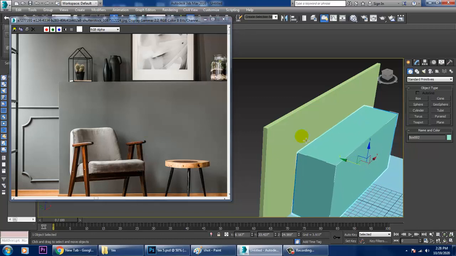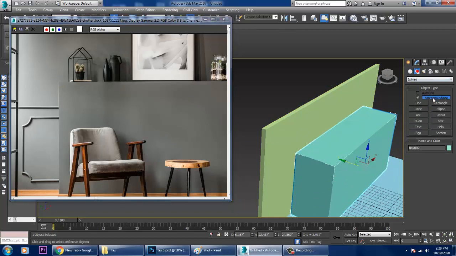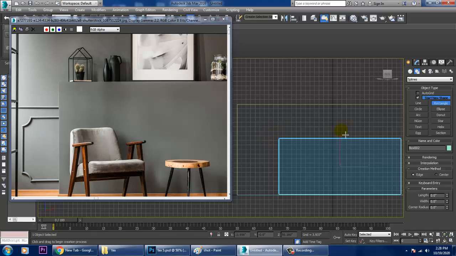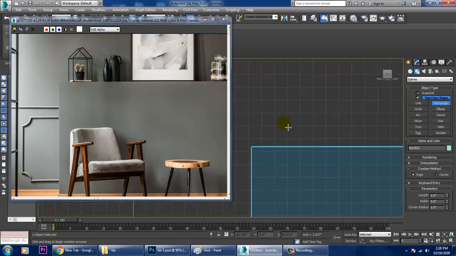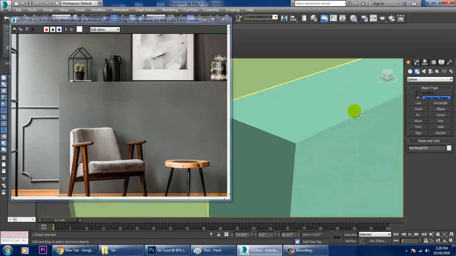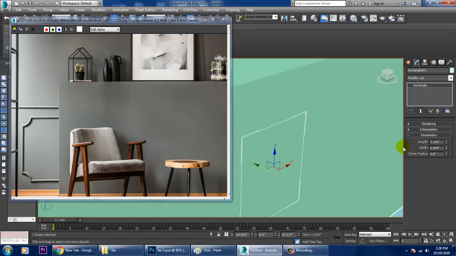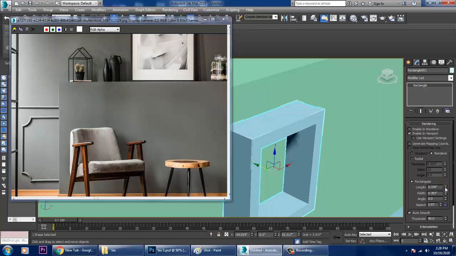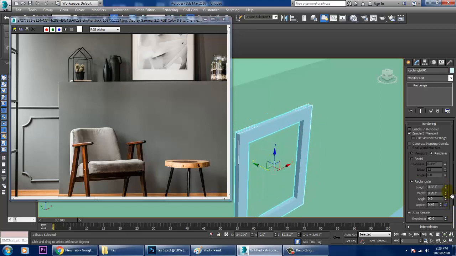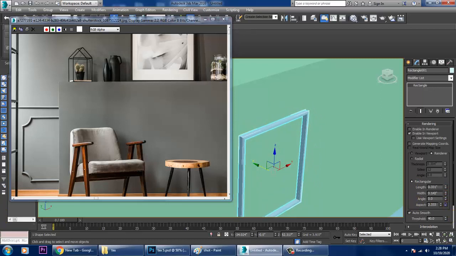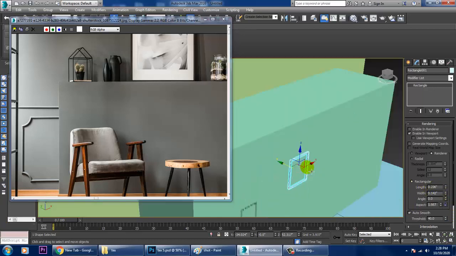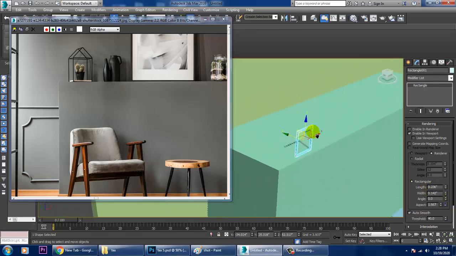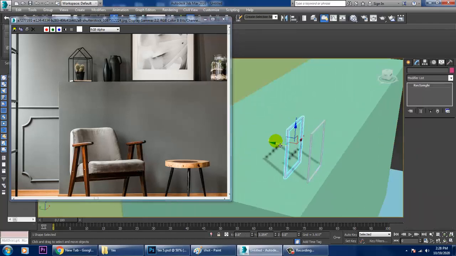Let's take a rectangle over here, a small rectangle. Let's go into rendering, enable in viewport, make it rectangular and make it look very small. That's it. Let's push this over here and duplicate it.